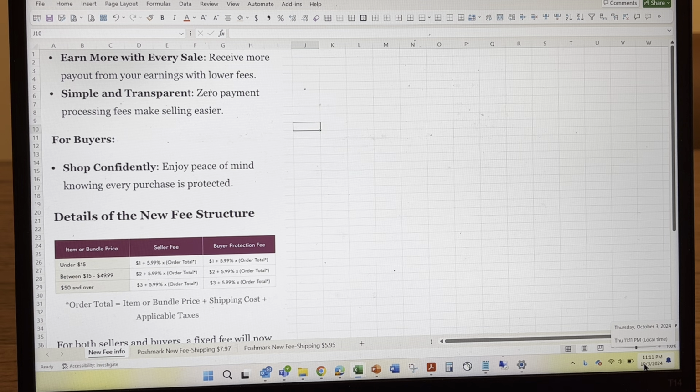So on October the 2nd, Poshmark announced that they're going to change the fee structure for both sellers and buyers on the platform. The announcement was made on October the 2nd. There wasn't a lot of information, but this is what I found, and when this new fee structure became active today, I was able to get more information, and using this information, I